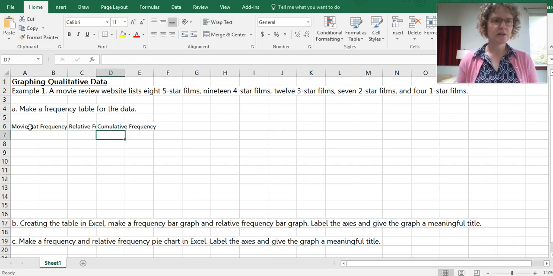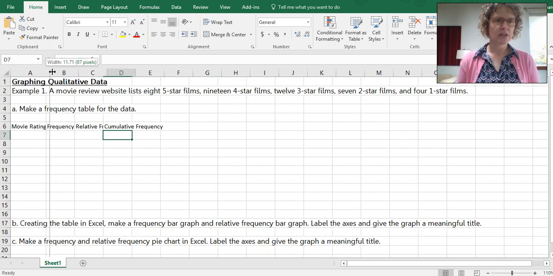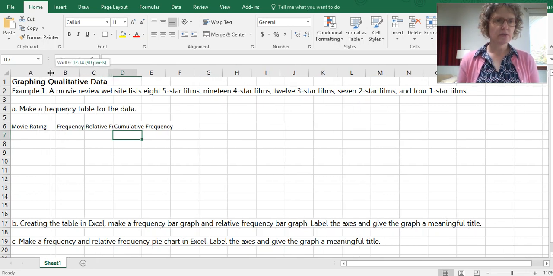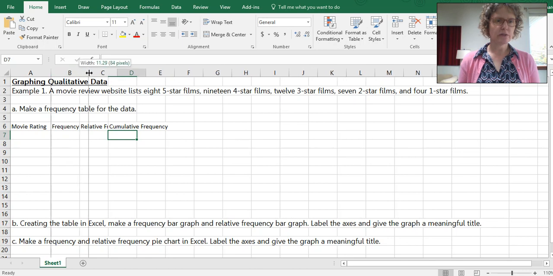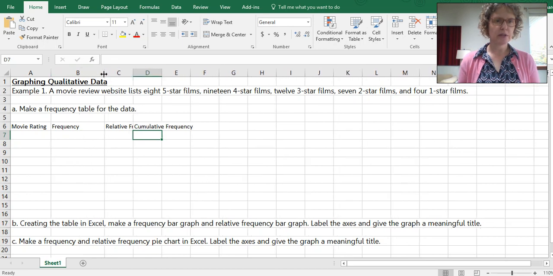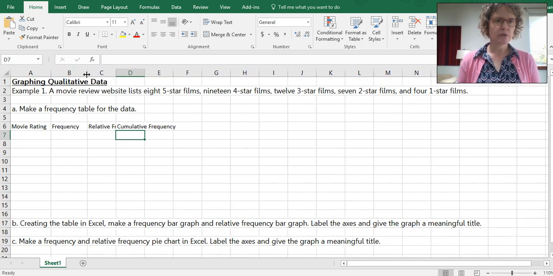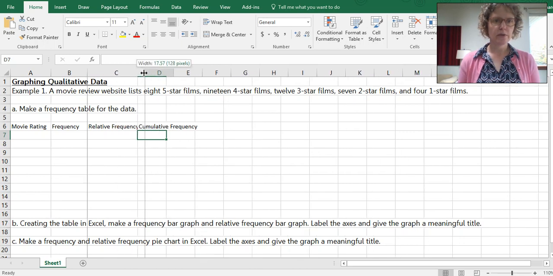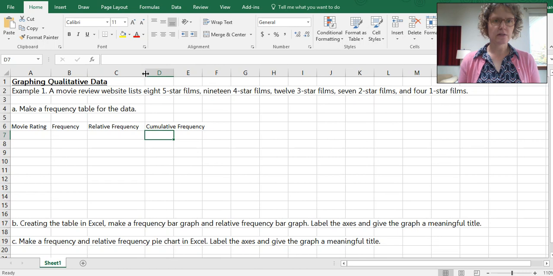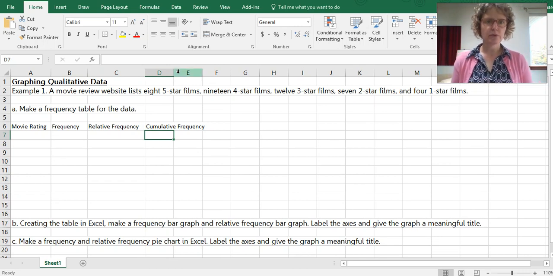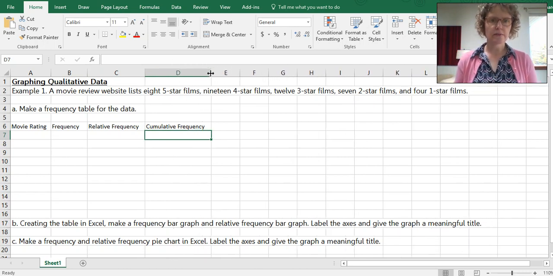Okay, now you can see my things are overlapping because the columns are small, so we can adjust these. I'm just going to adjust it manually. There's lots of ways to do it, but I'm just going to do it manually for right now, just by getting this little symbol that you get in between the columns.